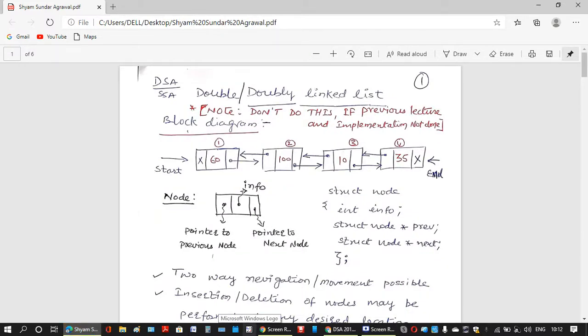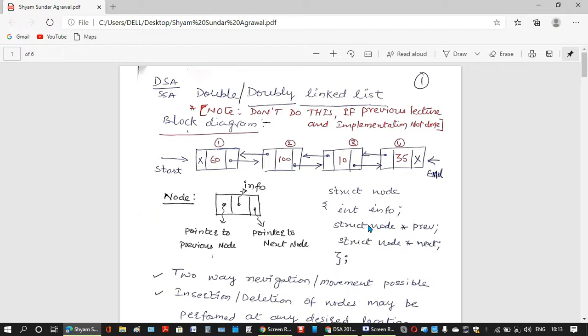So in our previous class, we have learned how to implement a linked list. That linked list is also referred to as a single linked list or singly linked list. Whenever it is not specifically said whether it is a single linked list or double linked list, you will consider it a single linked list. How to delete, how to insert, how to search, how to display, how these functions work in a single linked list, that we have done. We have also implemented them. We have run their programs also. So we are very clear about linked list operations.